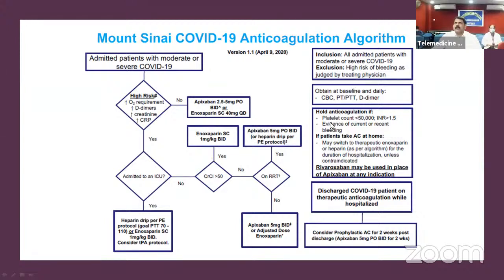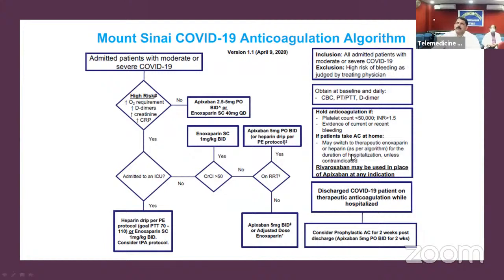So in this patient, you have to get a CBC, PTT, D-dimer, and you have to hold coagulation if the platelet count is less than 50,000, INR is more than 1.5, or there is evidence of current or recent bleeding. Also if the patient takes an anticoagulant at home. There are a few algorithms to monitor, and rivaroxaban, apixaban, and dabigatran are also used in patients who are more or less stable and discharged with these drugs at the time of